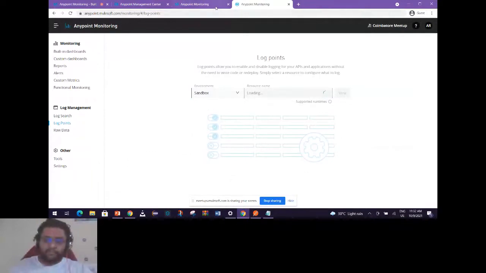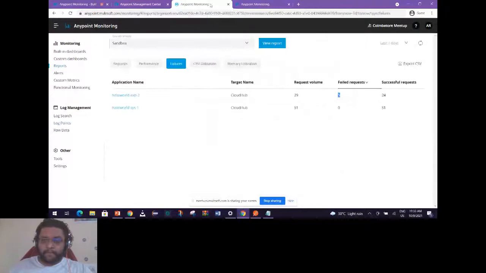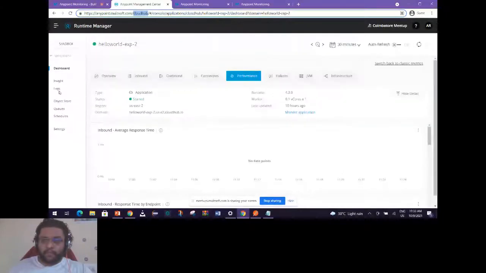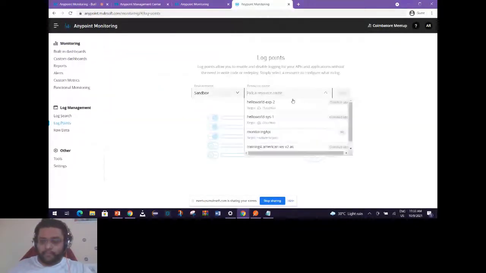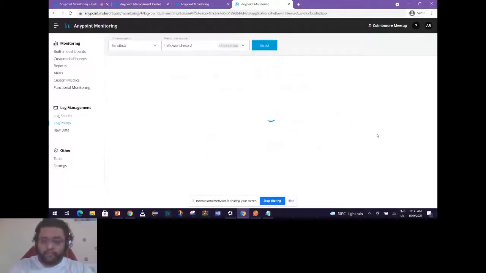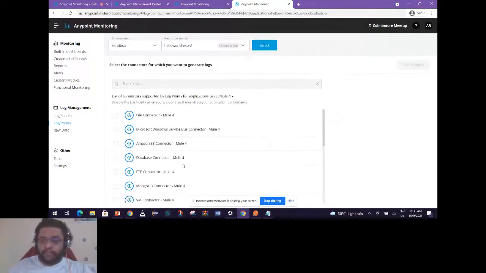What generally happens if I want to enable a debugging log in any of my applications? The standard method that we follow is to take the package name of that particular connector. Let's say I want a debug log on my HTTP connector, so I take the package name for my HTTP requests, and then in the settings, under logging, I need to add that package as debug enabled. When I apply, the application gets refreshed or restarted. But from here, it gives you the feasibility to directly add logging levels in your application at different connectors.